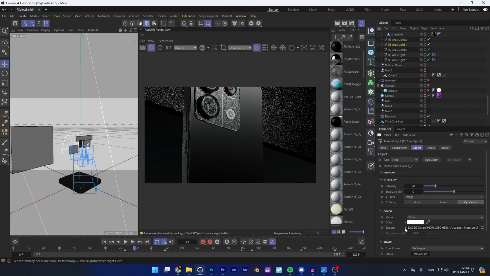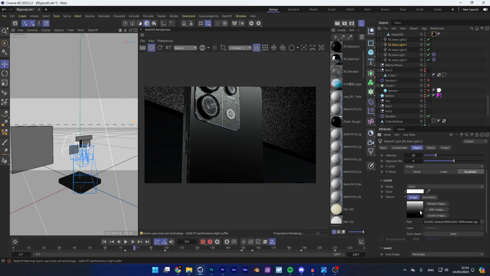I think I used Grayscale Gorilla's area lights, HDRIs. It's technically not an HDRI, it's just a texture, but it's included in their HDRI pack, which I got